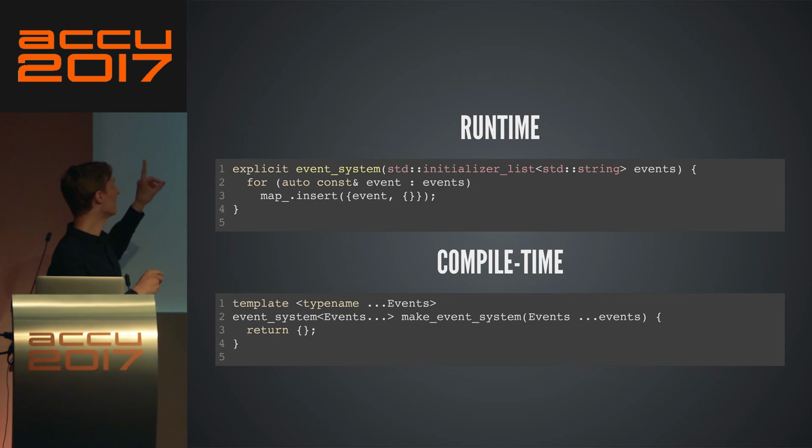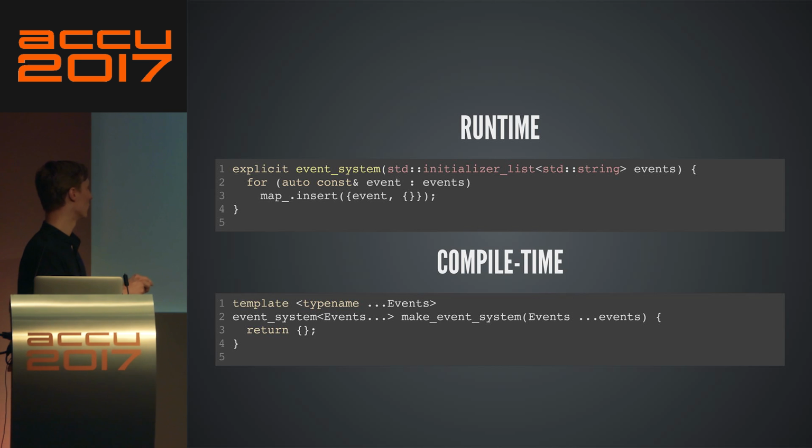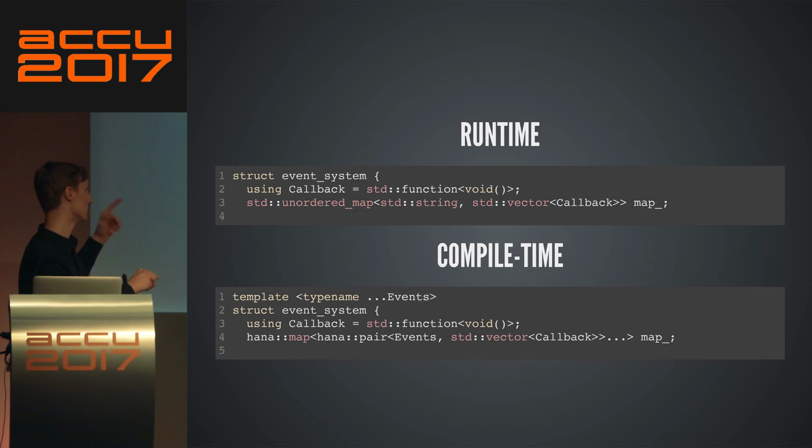Now, when we create the event system at runtime, we need to get a list of the events that are valid, so that we can insert them in the map and say, these are the events that I know of. At compile time, we don't do anything, because the default constructor does the right thing. The default constructor is going to default construct this map, which is going to default construct all of these pairs.